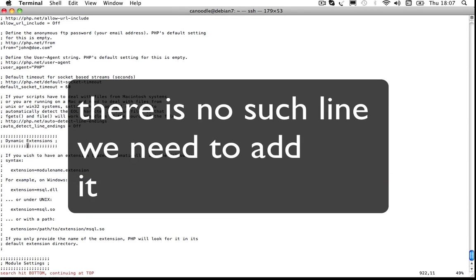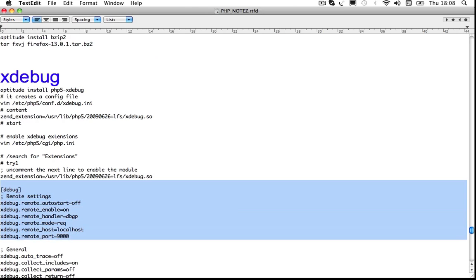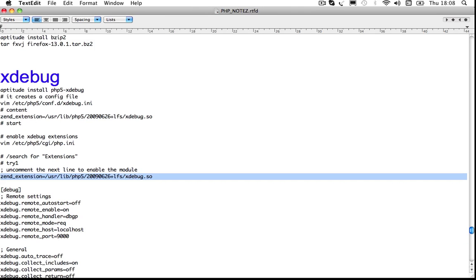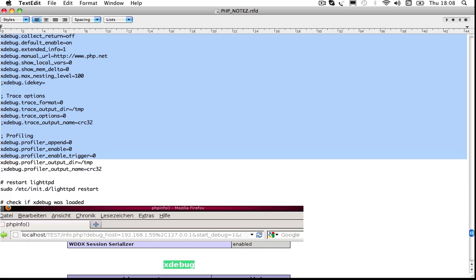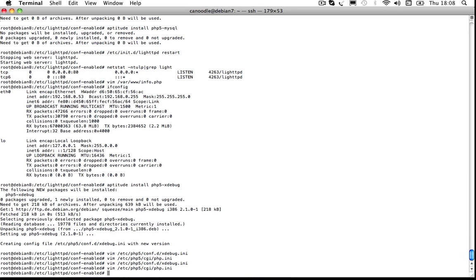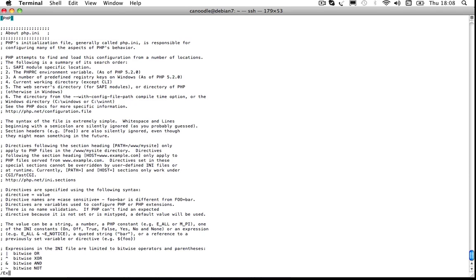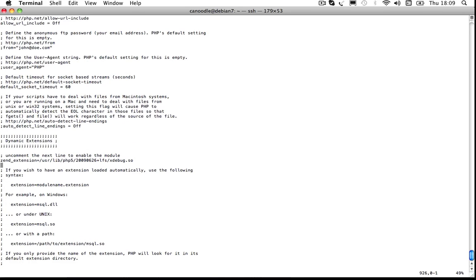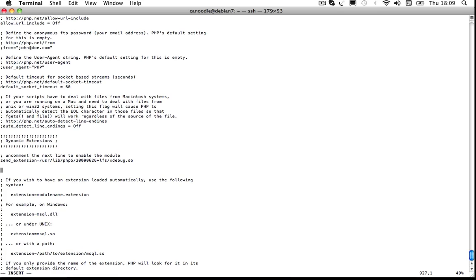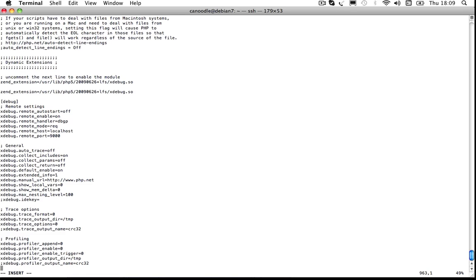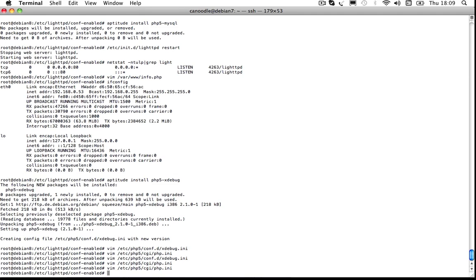So there should be also... oh, hang on, I forgot a lot. We need to also copy those settings. You go into insert mode by pressing I, then paste, and everything should be in. Again, escape, :wq, write quit,